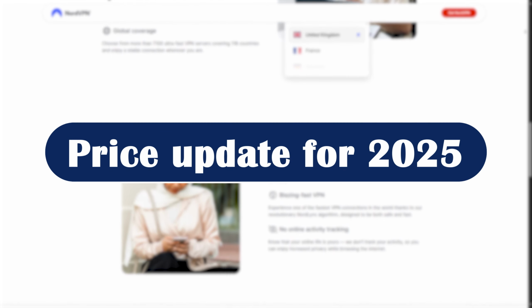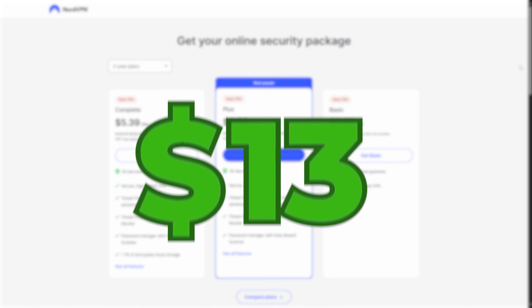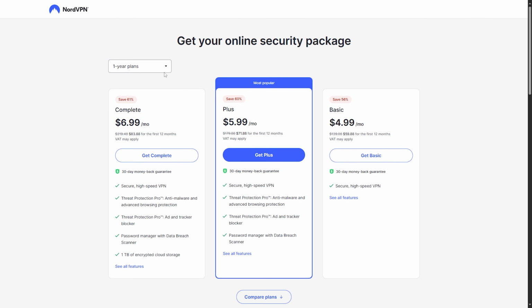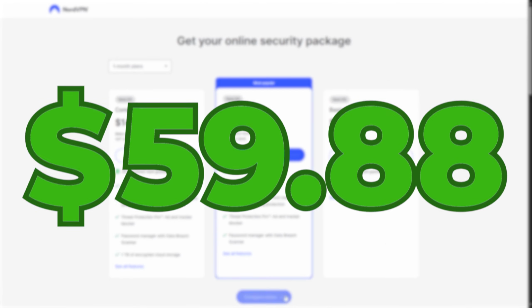Price update for 2025. NordVPN offers three main plans. Monthly, you can pay starting from $13 per month for the basic plan. And if you want to get the 1 year plan, you will pay $5 per month, which means 59.88 for